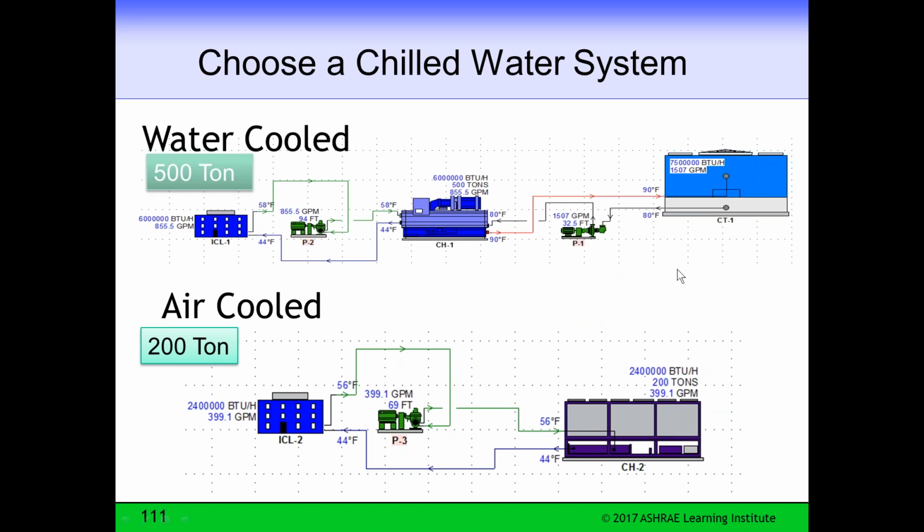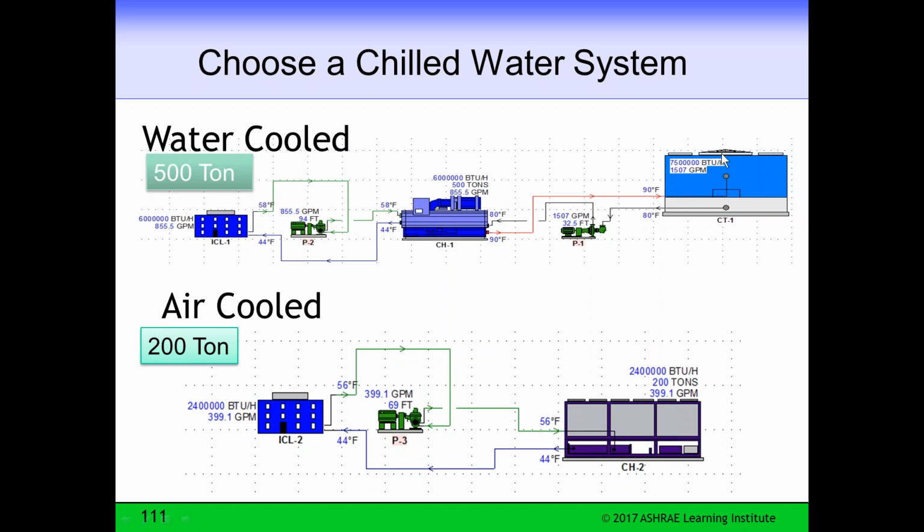Now, so I've done a little sketch here to help think about the differences in water cooled and air cooled. So here we have a cooling tower over here, and a cooling tower is regulated by the size of the fan versus the GPM it's going to handle. So that's what the efficiency requirements in the code are, and we'll look at those a little closer in a minute. So now we have a pump. We have a condenser water pump serving the cooling tower. Now, this condenser water pump does not exist in air-cooled equipment, so it's an energy user that the efficiency of the chiller will have to overcome.